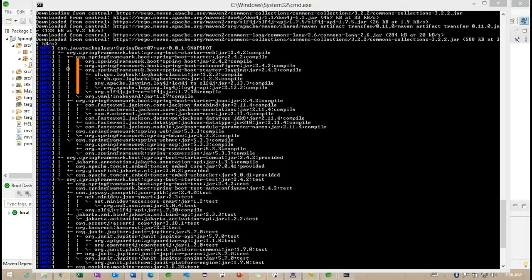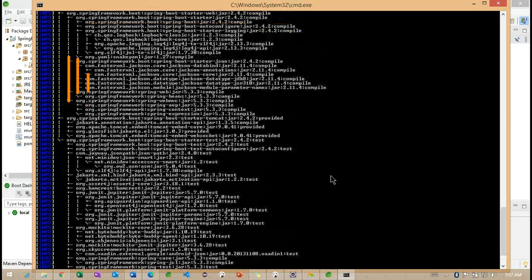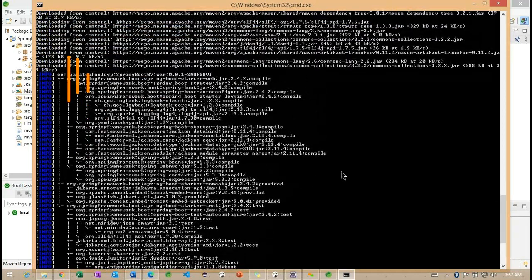Each line indicates how exactly they communicate. Some test jars, something called engine and validations, embedded WebSockets, parameter names. Each and every jar we are going to find here.